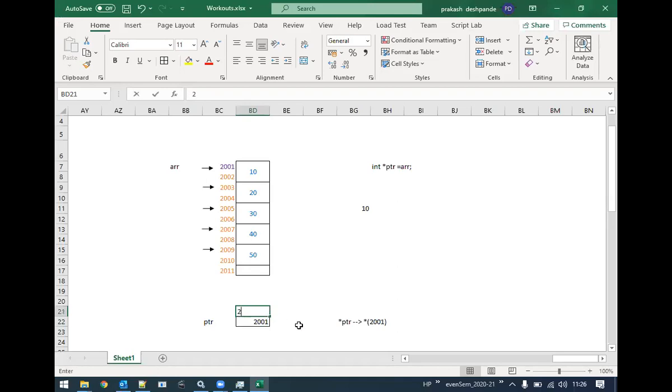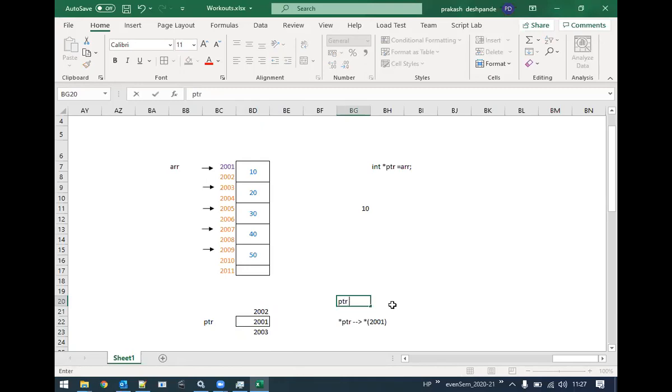Will it increment to 2002 or to 2003? From the 2001 memory address, when it gets incremented, is it 2002 or 2003? 2003.